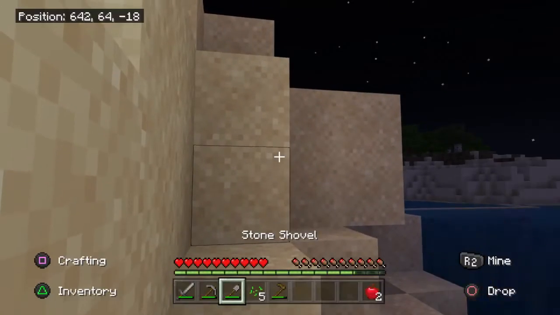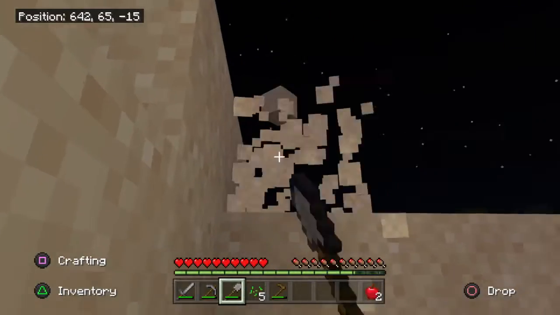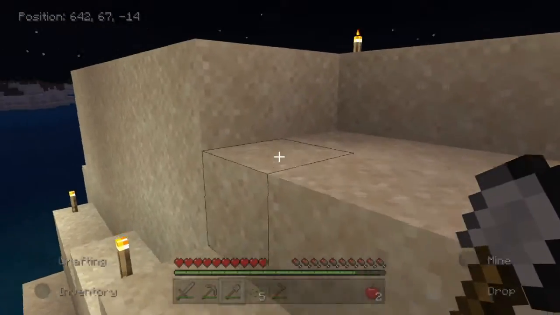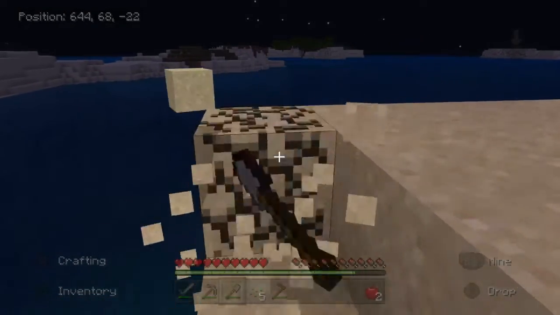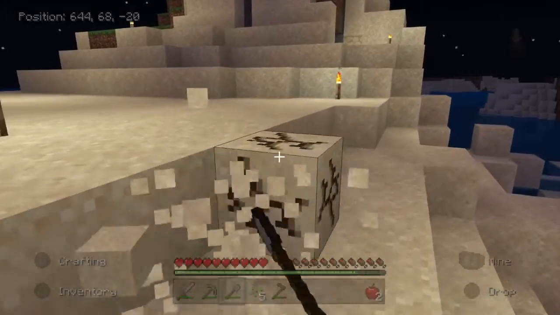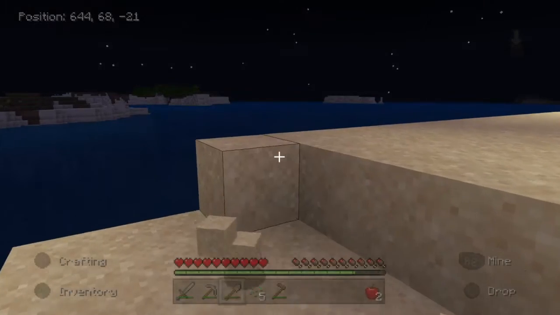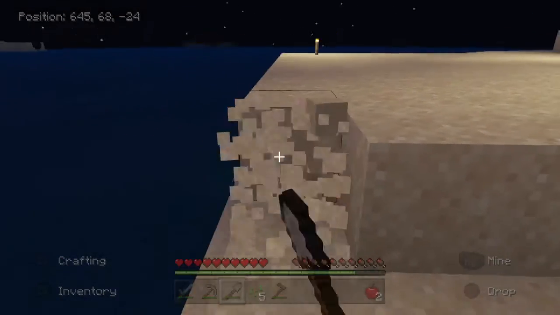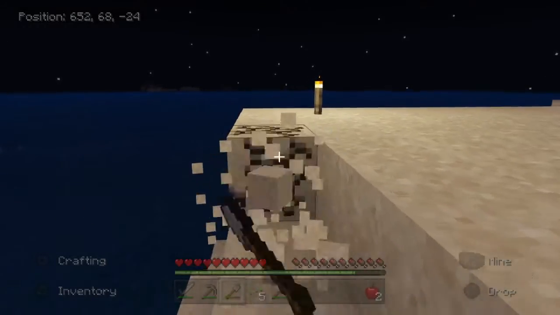Okay, so let's make a little stair here. And let's remove some of this top sand so that we can make more sandstone and then more cut sandstone. And also this will help us reach out to the other islands. And I can see some more land over there. Again, we're not going to bridge out into a big open space because that's not the point of me starting